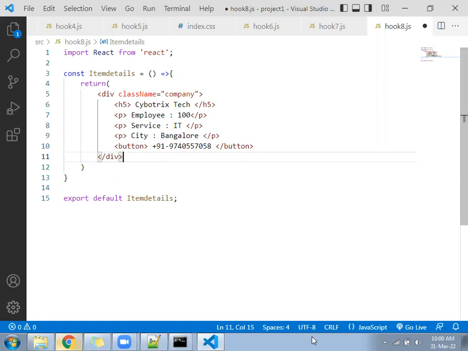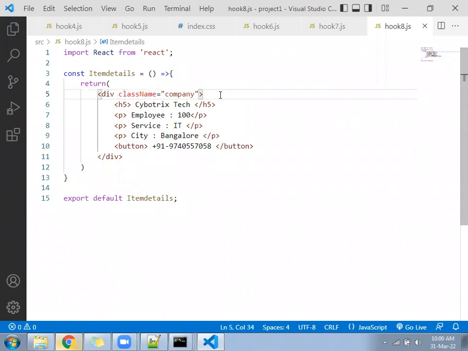Okay. So this component we have created. Now suppose this component if we call 10 times, what will it print? It will give the same output every time.